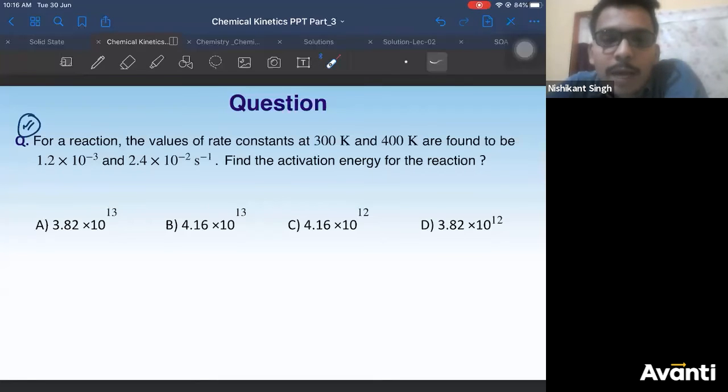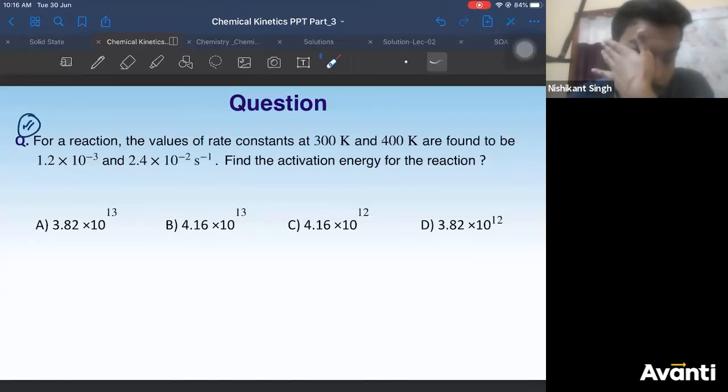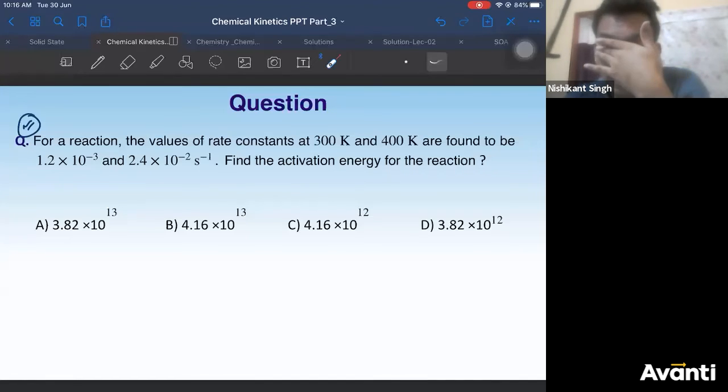Previous type of numerical can be given in JEE, Prashant. Only the thing will be log and anti-log value will be given to you in JEE. Prashant, if it comes in JEE, you can never say that log and anti-log value will be given in exam. Nowadays, JEE mein calculative questions are asked. So don't assume that JEE does not ask any question which has big calculations, especially in numerical type. Athar, you need not worry about JEE exams. They will give you the value of anti-log. You cannot calculate anti-log theoretically. Either you need to use log table or calculators.